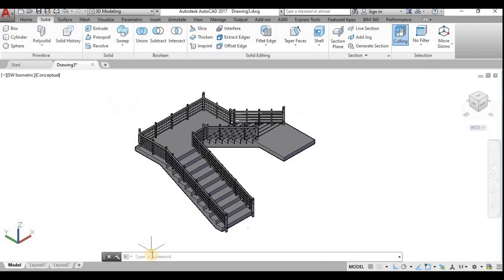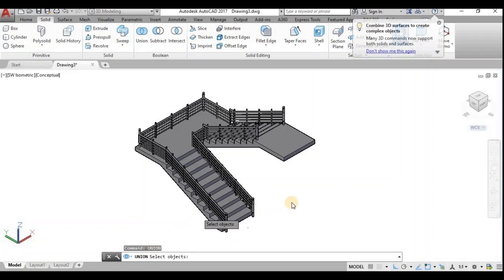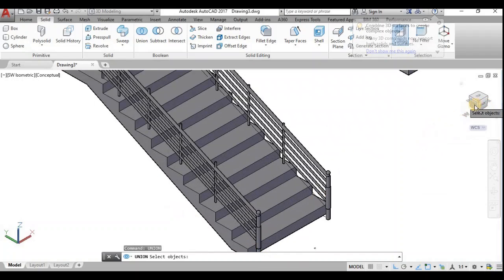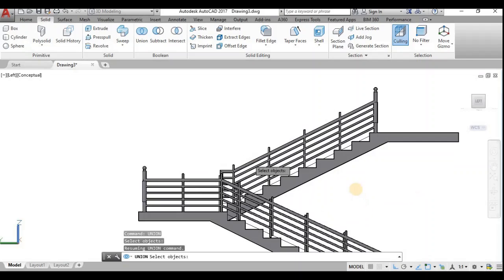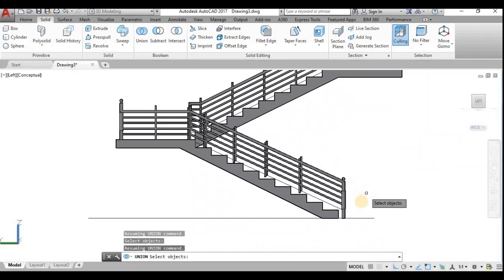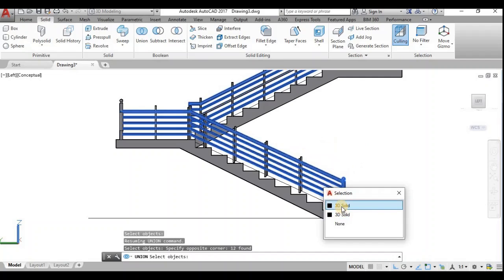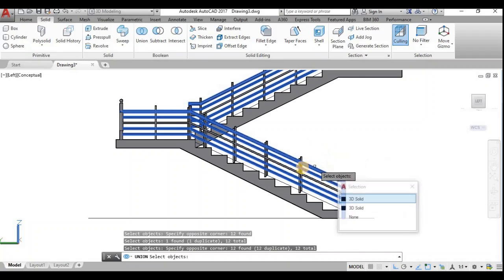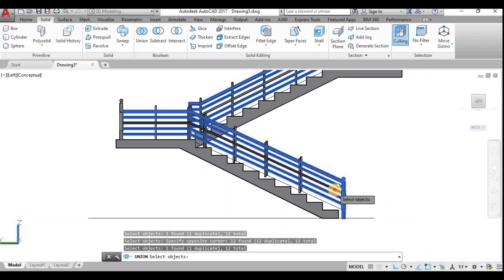So I shall choose the union command, and choose all the objects by aligning the view direction. Again the same command.